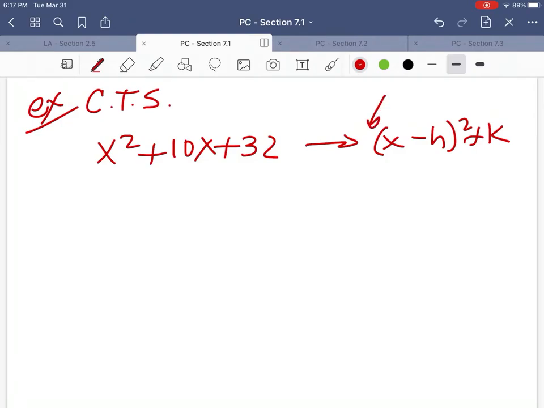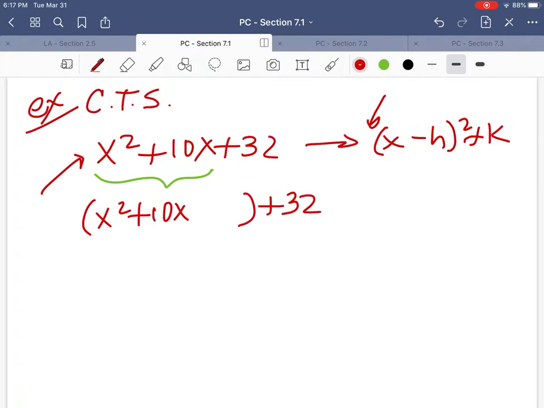There's no a right here because I don't have anything right there but a 1. So I'm not doing a more difficult problem right now. I'm just kind of keeping it easy. So what you do is this. To complete the square, you're going to group these two pieces together. So we're going to take x squared plus 10x and leave a little space, put a parentheses, and put that